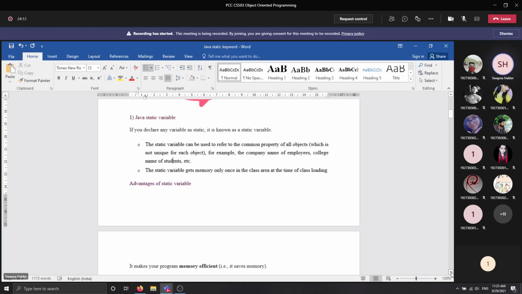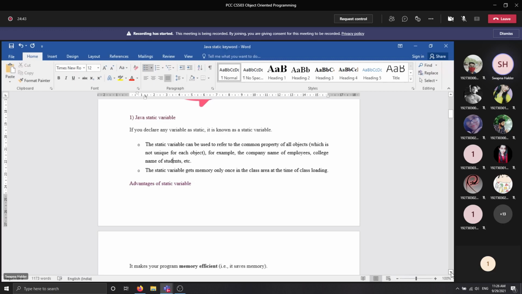College name is the same for all the students, so you can think of it as the department name. Now look, all the 63 students have different names, different roll numbers, different mail IDs, but the department name is the same for all the students. Just think about the basic concept of object. Whenever you create an object, memory is allocated for each and every object.